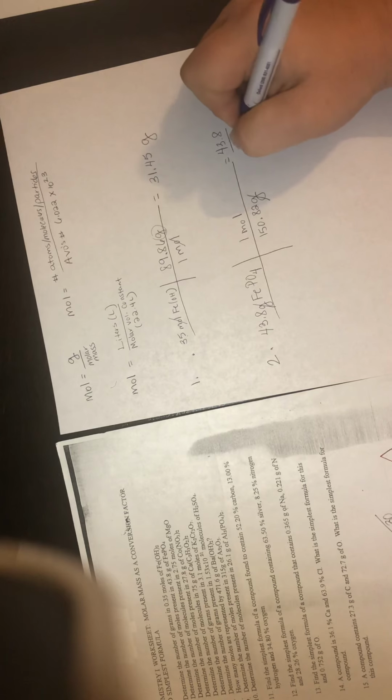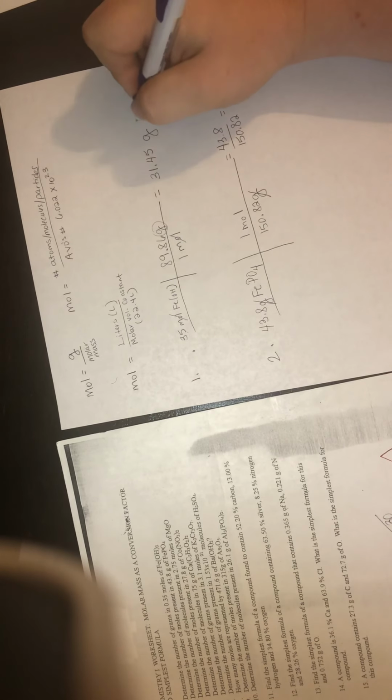And once you do that, you will have 43.8 divided by 150.82, which then will give you 0.029 moles. And I forgot to write the other one, but you have to write your formula of the compound afterwards. So that one,